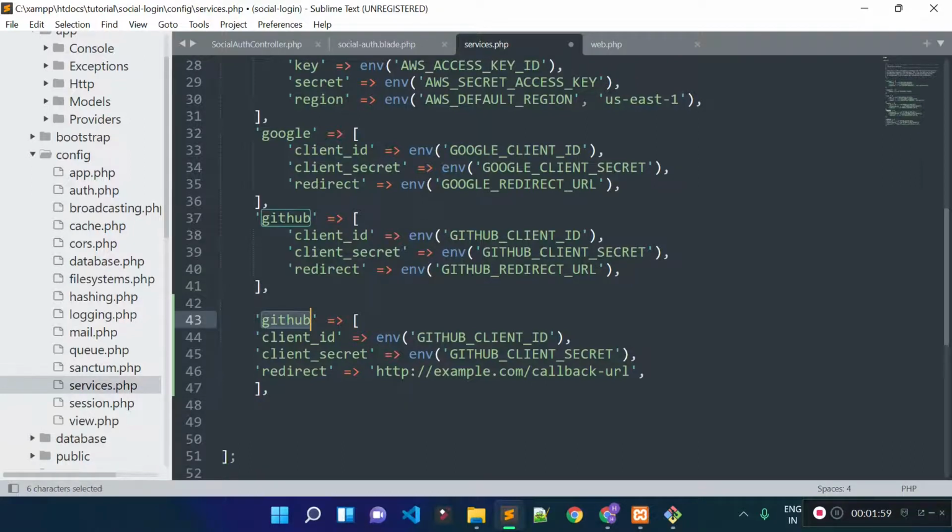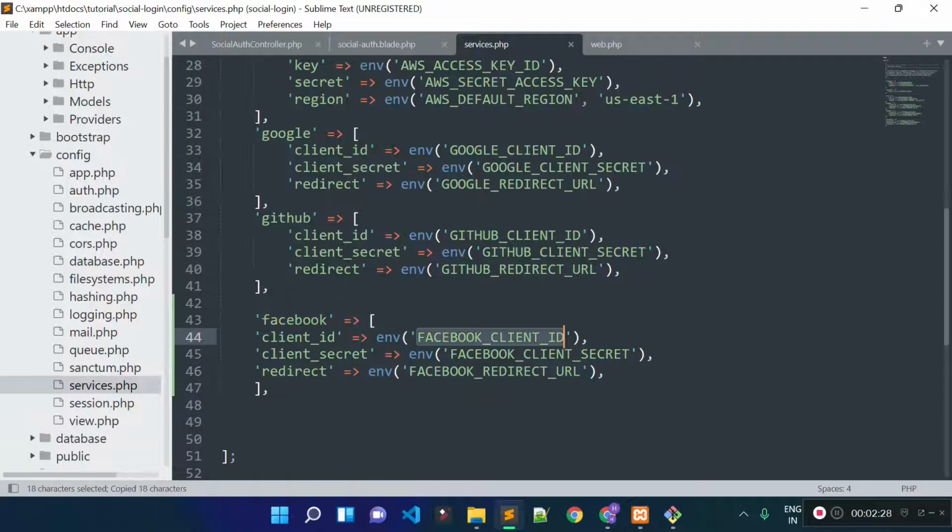So let's modify this to Facebook, and then let's modify this to Facebook client ID. Also let's modify this to Facebook client secret, and we are going to get redirect URL from env variable. So let's provide this code here, and this will be Facebook redirect URL.